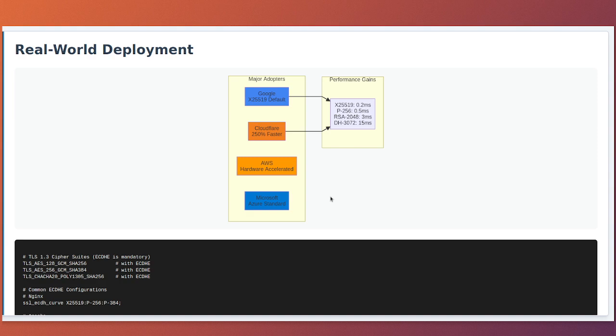Google was one of the early adopters, switching to ECDHE for all their services around 2011. They reported that moving from 1024-bit RSA to P256 ECDHE actually reduced their CPU usage despite providing stronger security. Today, if you connect to any Google service, for example Gmail, YouTube, or Google Search, you're using ECDHE, most likely